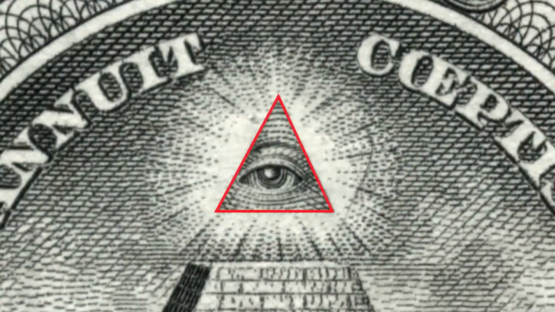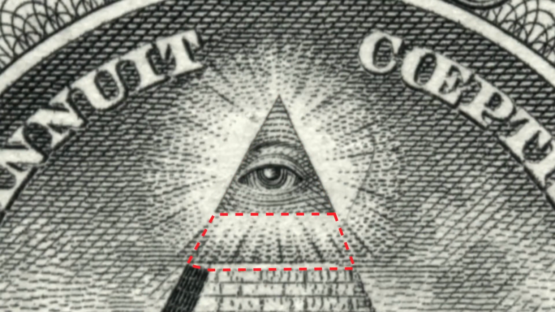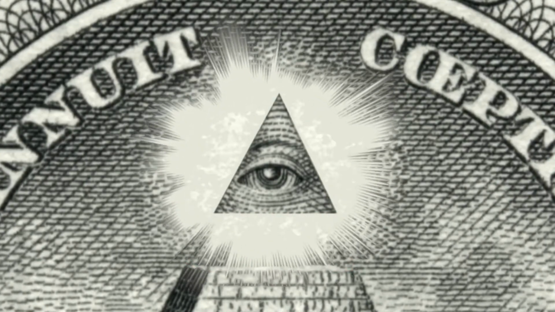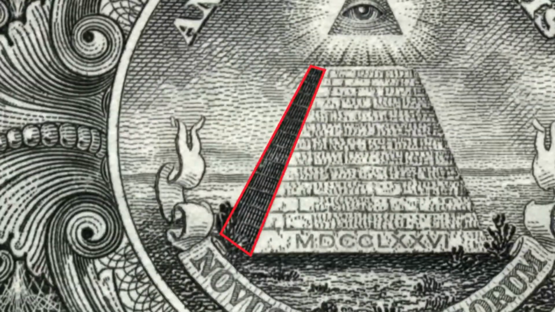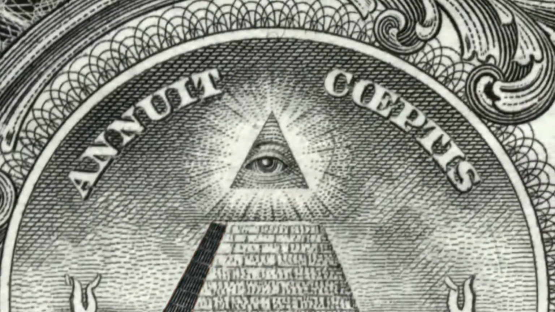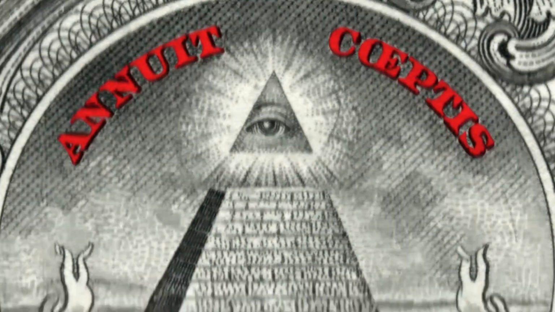The cap, or triangle, encasing the eye is separated to symbolize that the United States is still far from finished, and the rising sun behind it is supposed to represent a new nation that has begun. It even leaves a shadow to the west, as back then that was the direction of undiscovered lands. The motto at the top reads Annuit Coeptis, meaning he has favored our undertakings, and the motto at the bottom